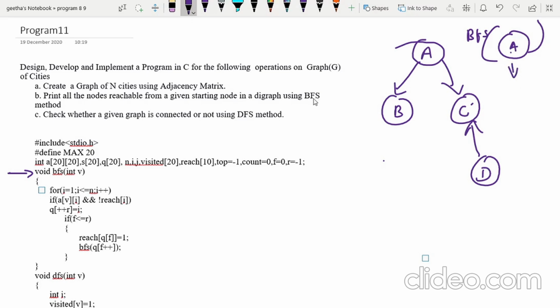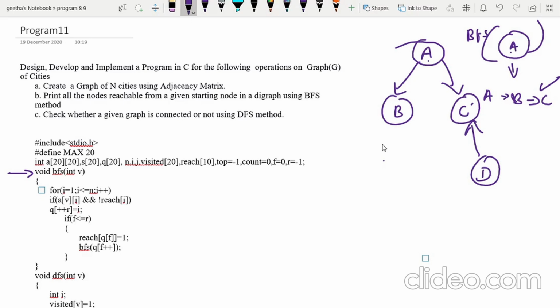It is going to give the reachable nodes, that is, from A, B and C are reachable. Then again in turn from C, is there any other node reachable? No. So obviously from A, only these three nodes A, B and C are reachable. But D is not reachable. So this is what you are going to give.